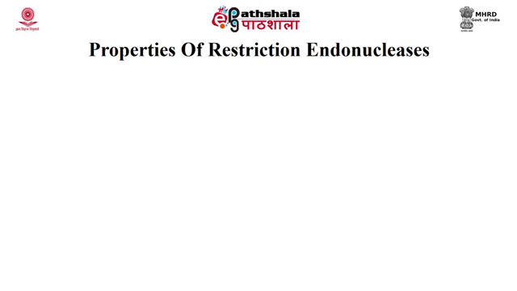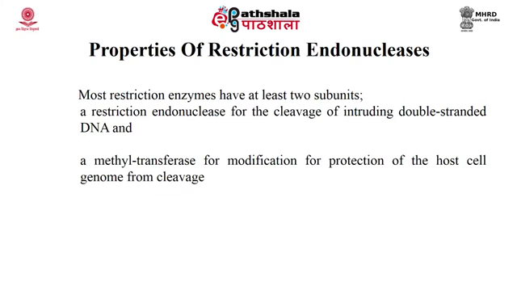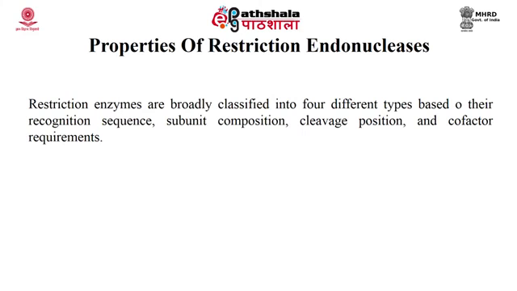Properties of restriction endonucleases. Most restriction enzymes have at least 2 subunits. First, a restriction endonuclease for the cleavage of intruding double-stranded DNA, and second, a methyl transferase for modification for protection of the host cell genome from cleavage. Restriction enzymes are broadly classified into 4 different types based on their recognition sequence, subunit composition, cleavage position, and cofactors